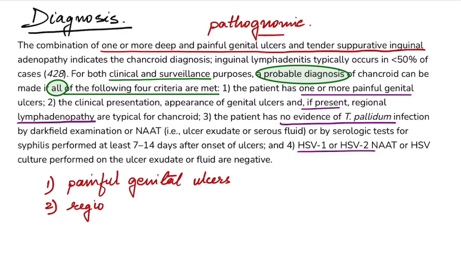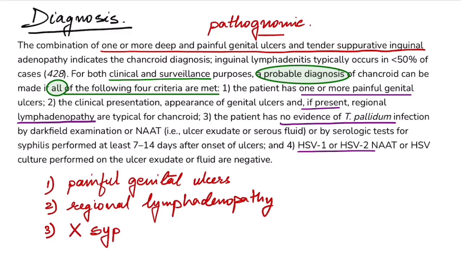ulcer. The second is regional lymphadenopathy. The third is you have to rule out syphilis, and the fourth is you have to rule out herpes genitalis. For ruling out or excluding syphilis, they have written either by dark field examination or nucleic acid amplification test of